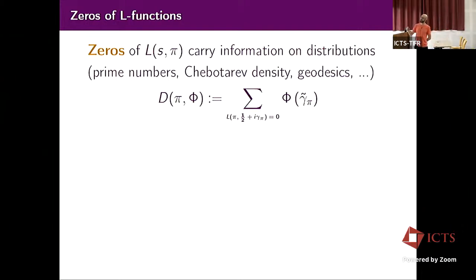So basically I'm summing phi of the zeros. And since phi is essentially a bump function that truncates the zeros up to a certain size, and I put a tilde here that I'm not defining, but it's just a renormalization of the zeros so that the mean spacing is 1 between the zeros. So I'm truncating all of my zeros up to a certain support, and since they're evenly spaced, I'm selecting only zeros close to the real line. If gamma is close to zero, that means we're close to 1/2. That's why we call them low-lying zeros. That will be giving statistics only on those zeros.